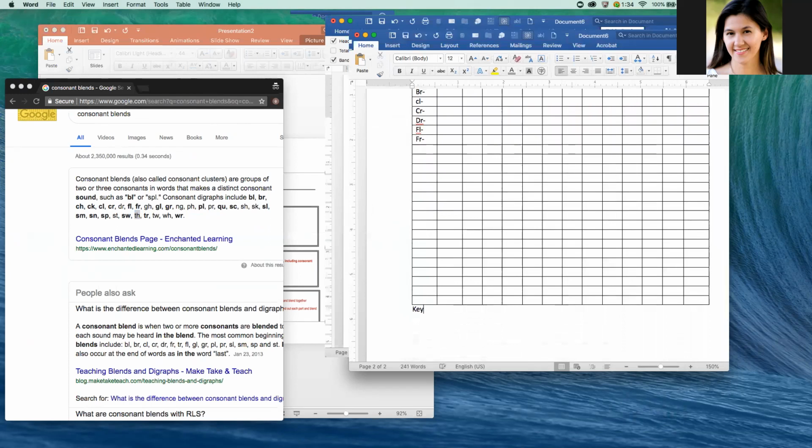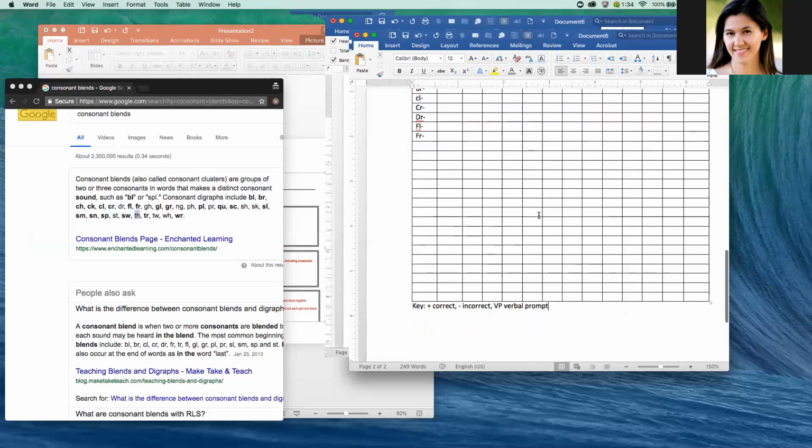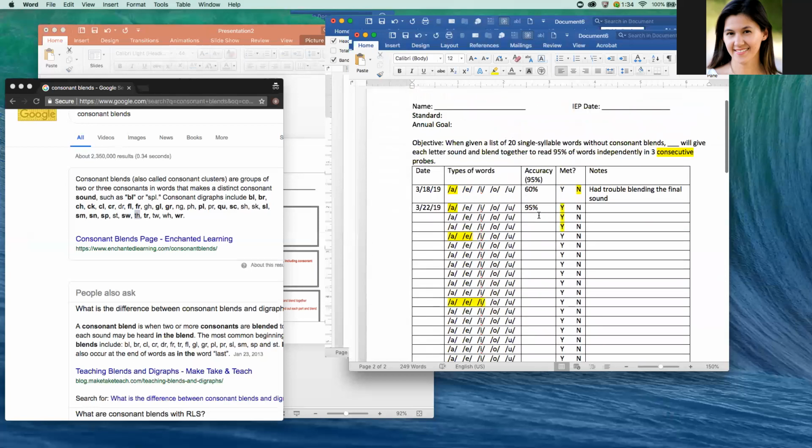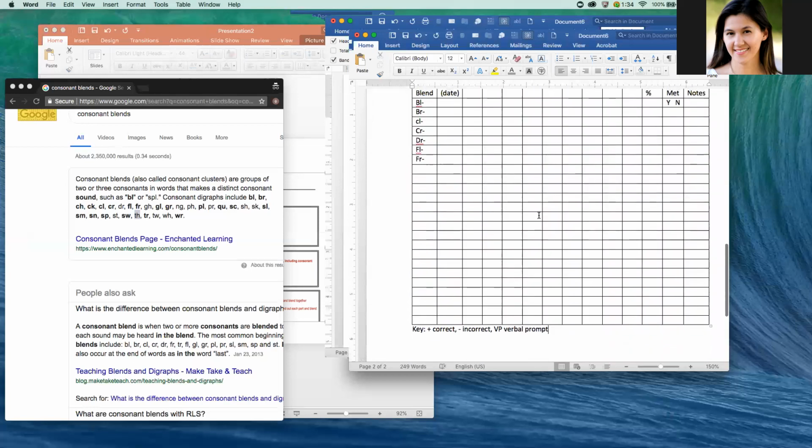And then down here I'm going to put a key. So plus is going to mean correct. Minus will mean incorrect. And then I usually use a VP for verbal prompt. That just means you needed to give a hint. So whenever you help them, like they kind of did it, but they kind of didn't,